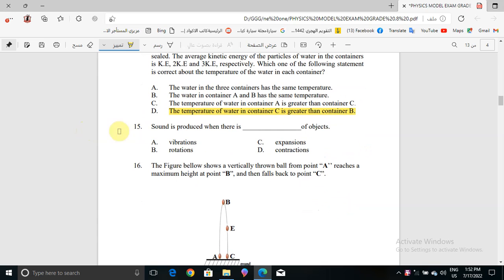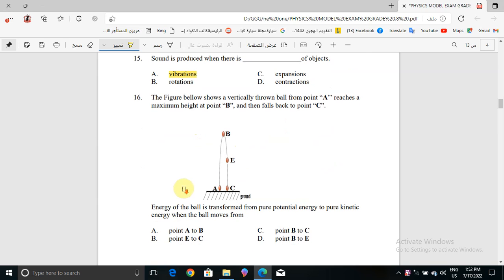Okay, now question number 15, sound is produced when there is dash of objects, when there is what? Vibrations of objects. Okay, now question number 16, the figure below shows a ball thrown vertically, from point A here,